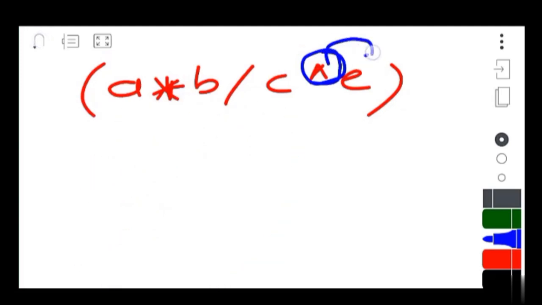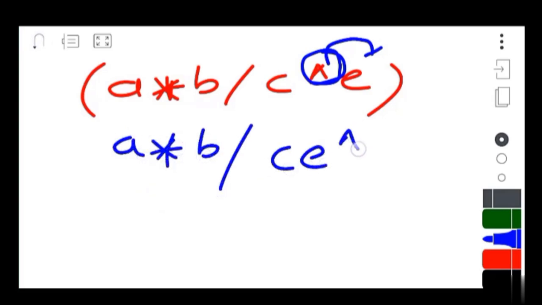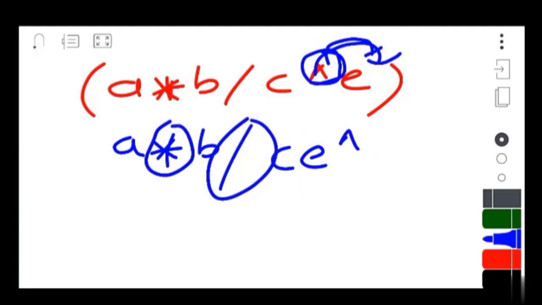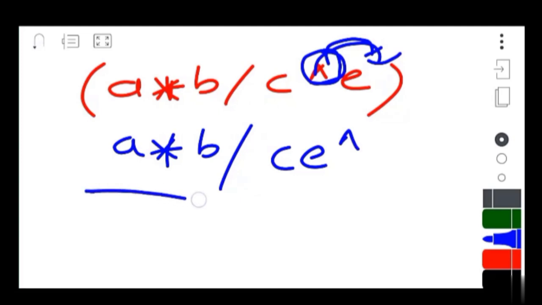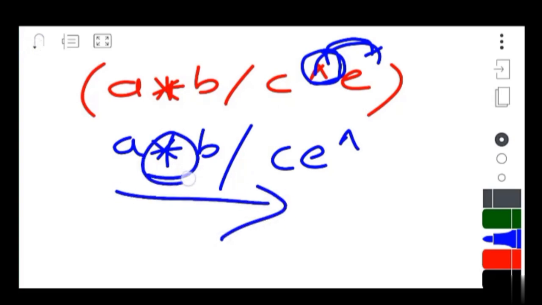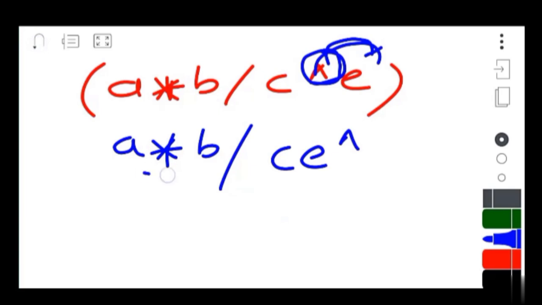So first convert that into postfix. So what do you get? You'll get CE power, right? So you put that here. So CE power. After that you can give priority to asterisk and slash, but which should be given more priority? If you have two operators with the same precedence, then you have to approach from left to right. So if I come from left to right, I have only asterisk first, so I'll convert this into a